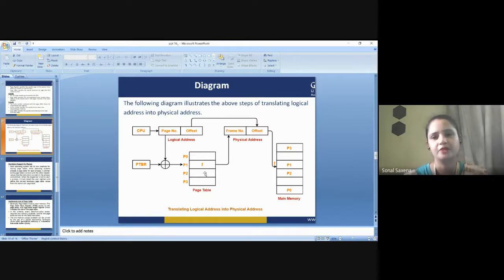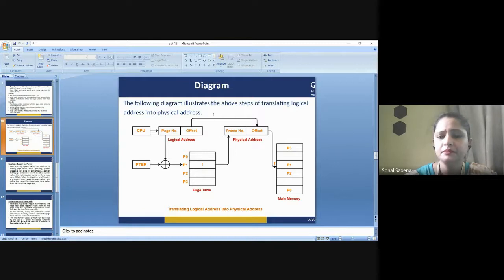We have seen this. Now let us see this example of translation. What is happening here? At this side, on the left hand side, you are seeing the CPU. The CPU is meant to generate your logical address. So this is your logical address you are seeing with the red mark. Here you see this logical address is divided into two parts. One is the page number. It will tell you that in the secondary memory what is the page number of your process and at what particular line you want to read it. So page number and page offset. The page number can be 6, 7, 5, whatever it could be, and the offset is the line of code which you want to execute. So this is your logical address.